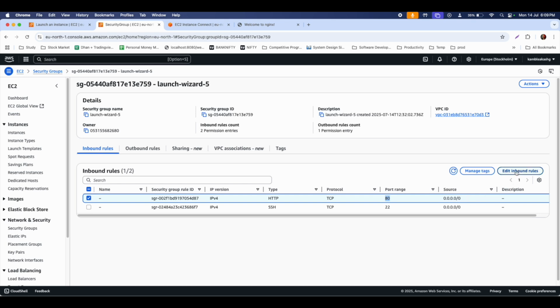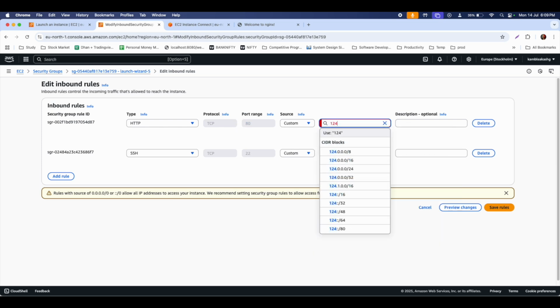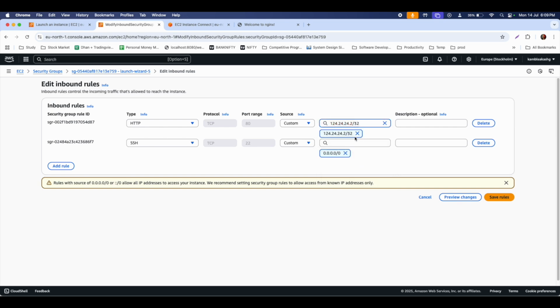So let's say I want to edit the rule for port number 80. I'll go to edit inbound rules, and for port number 80, I want to mention, let's say, 124.24.24.2/32.